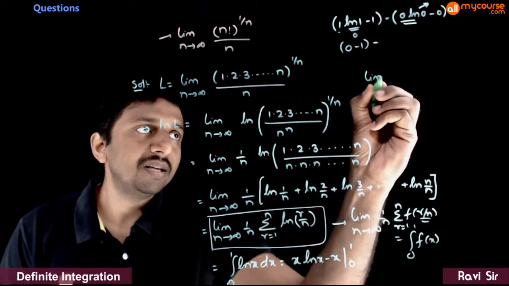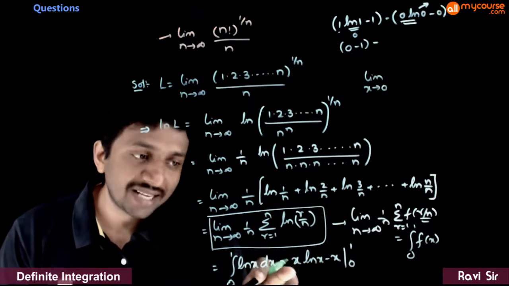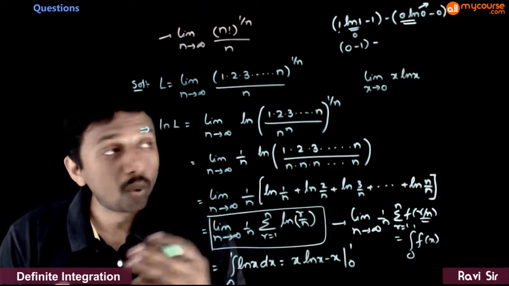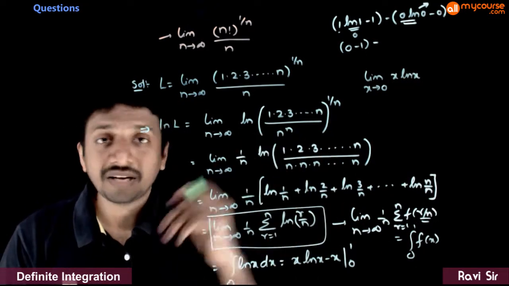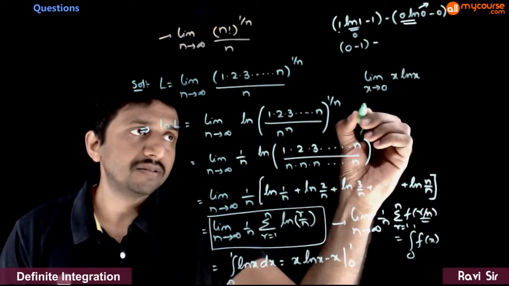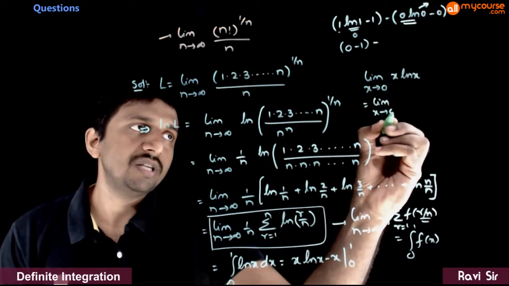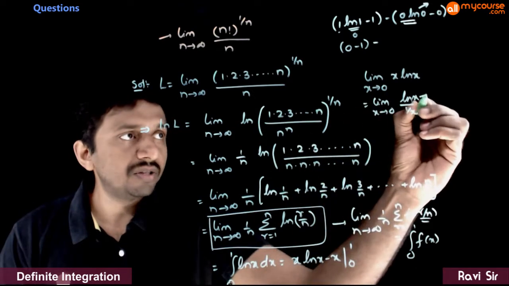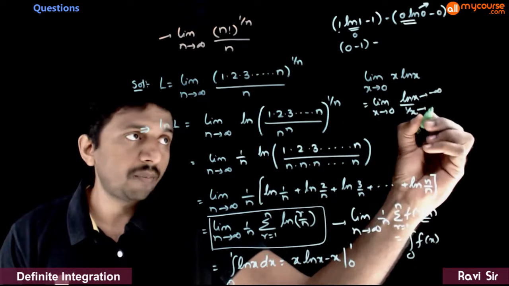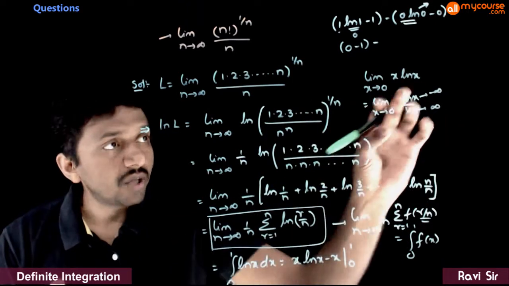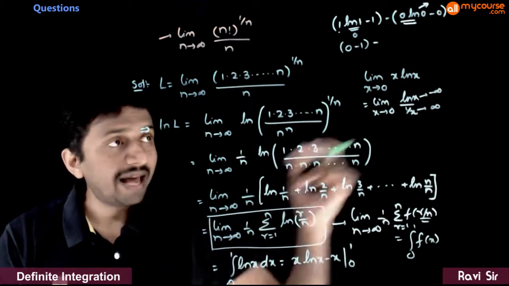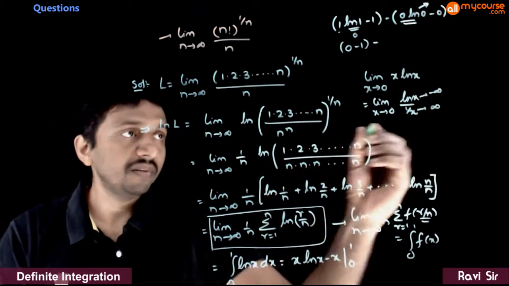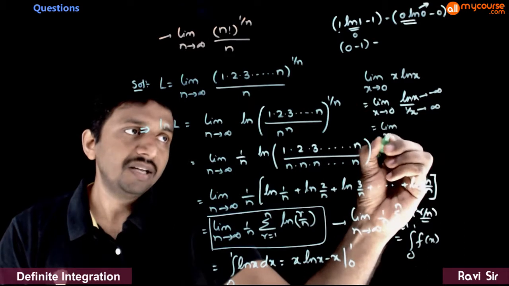So limit x tends to 0. As x goes to 0, where does x ln x go? What is this limit? This limit can be found using L'Hospital rule. That is equal to limit x tends to 0 of ln x by 1 by x. As x tends to 0, this goes to minus infinity, and 1 by x also goes to infinity. So I can use L'Hospital rule. I can differentiate both the numerator and denominator. So that is equal to limit x tends to 0